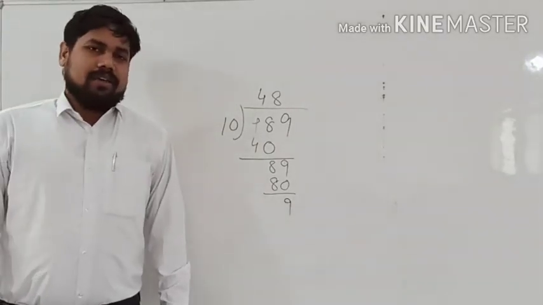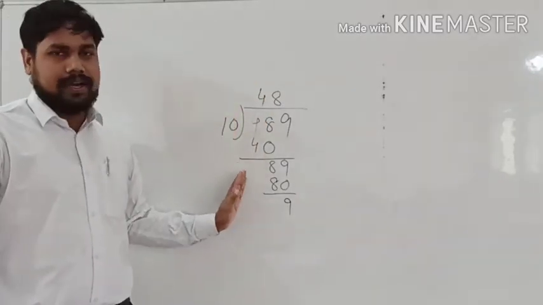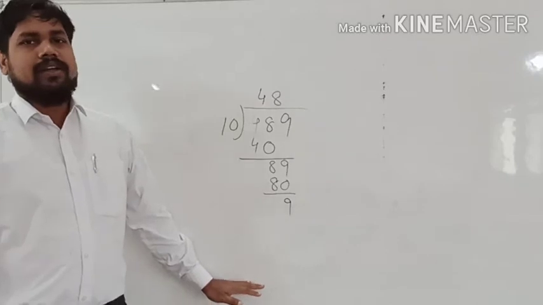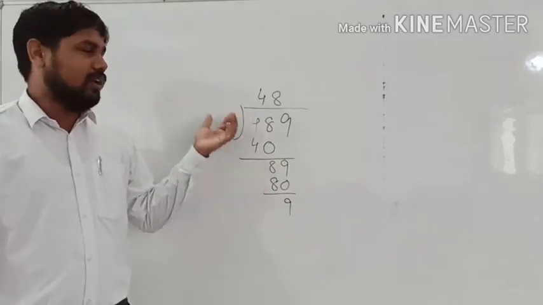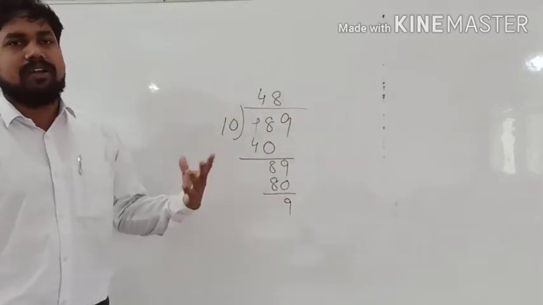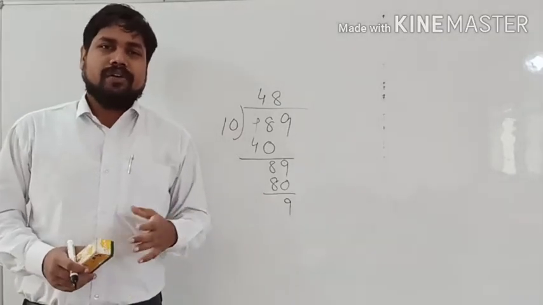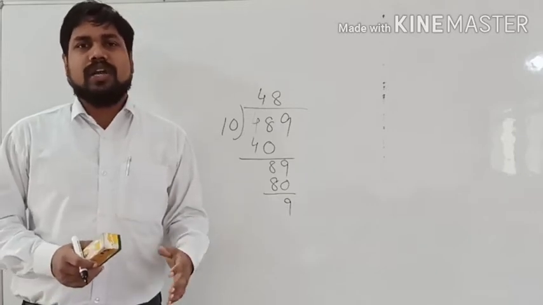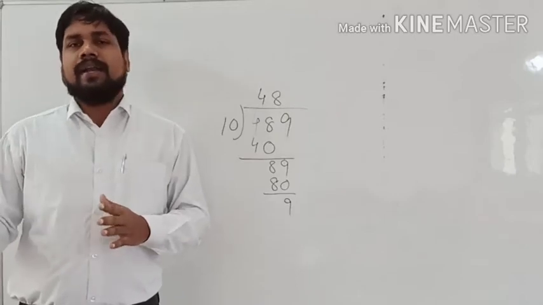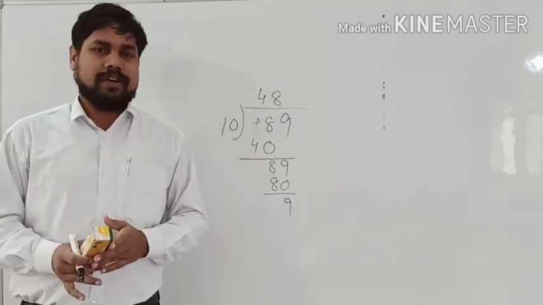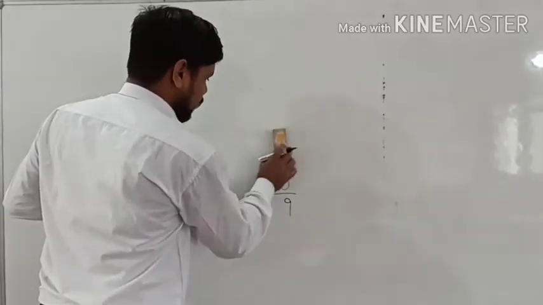And if we learn how to divide any number by 10, 100, 1000, this type of number, then we can tell the quotient and remainder without following this division process, by calculating in our mind. So today we are going to learn about this only in this class, how we can divide any number by 10, 100, thousands, this type of number. Okay, so the topic is division by 10.